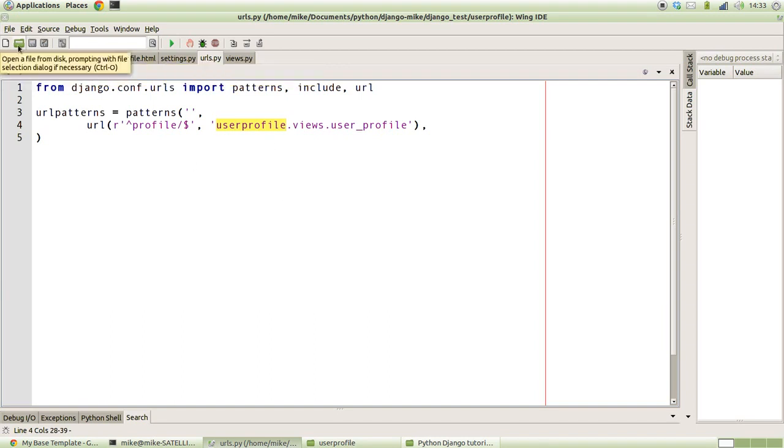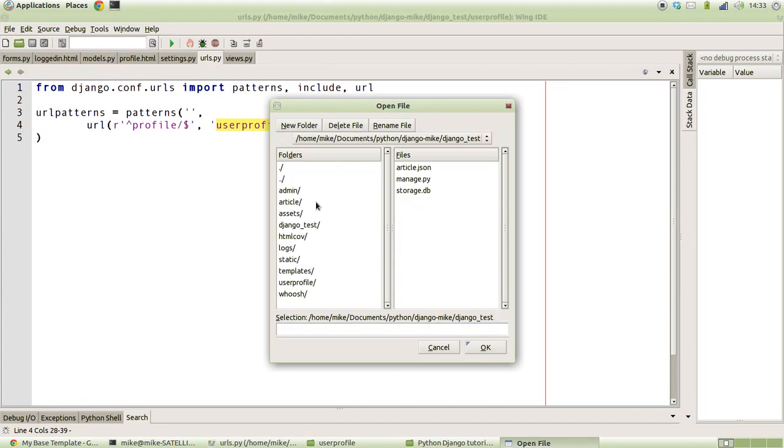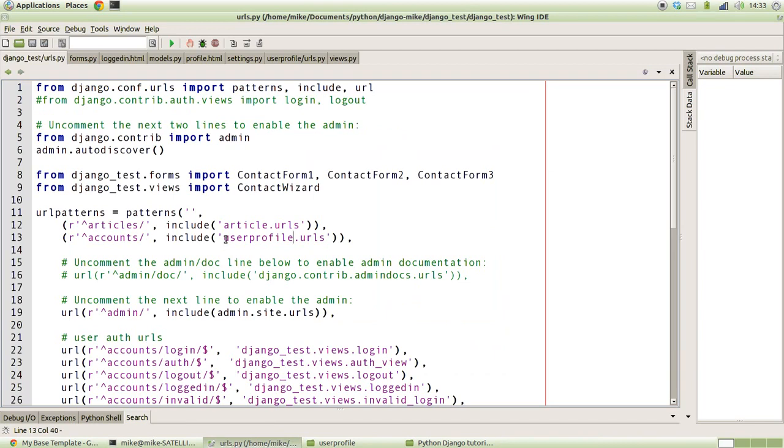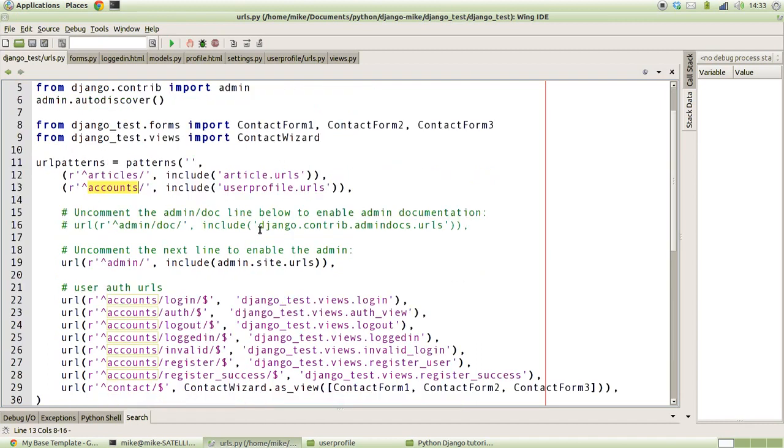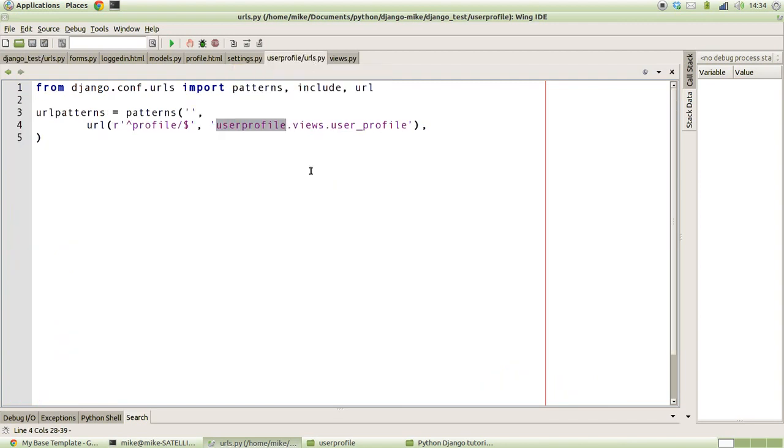Now the second thing we need to do is, I haven't got it open right now, but let's just quickly find it. In our URLs for the main site, we're going to add in this extra line here, just in the same way as we imported the URLs from our articles module that we created earlier in the series. We're going to just pull in the URLs from this and say that it will all go under accounts. So what we should theoretically have is accounts profile as a URL on the end of there,